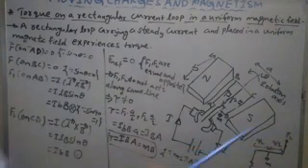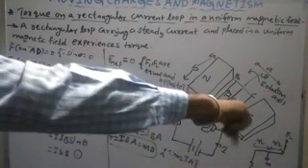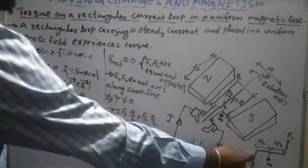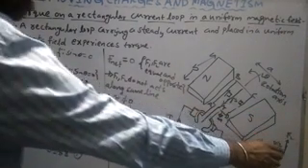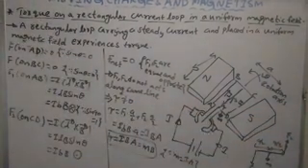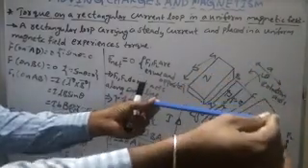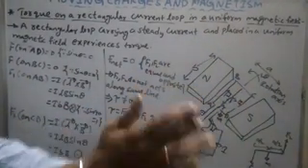But these two forces are parallel and their line of action is not the same. Suppose you rotate the tap like this: equal magnitudes of force acting in opposite directions on the plane of the coil. Due to that, what will happen? This force is acting upward, this force is acting downward, which makes the coil rotate. That is called a turning effect, a couple.